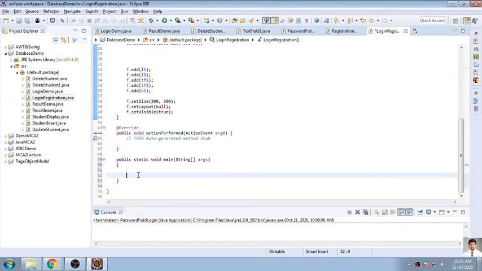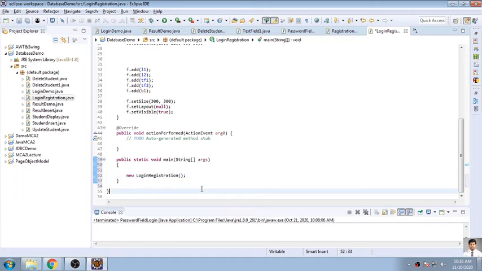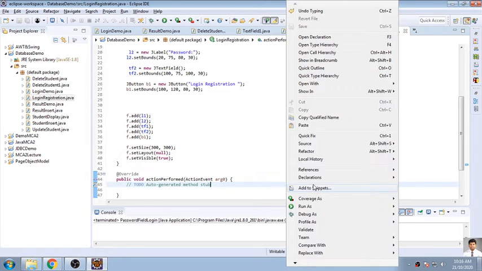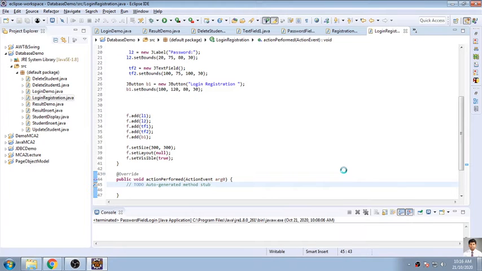So new, and this is a function being called. Okay, so one main function is there, so there is no problem of displaying this on a screen. So run, and I am running this program.